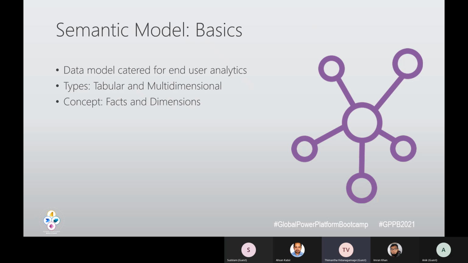A fact can be sales, and a dimension can be region, and you can analyze regional sales with the combination of facts and dimensions in a semantic model. I'm just setting up the base here for you, but I will not be using a semantic model